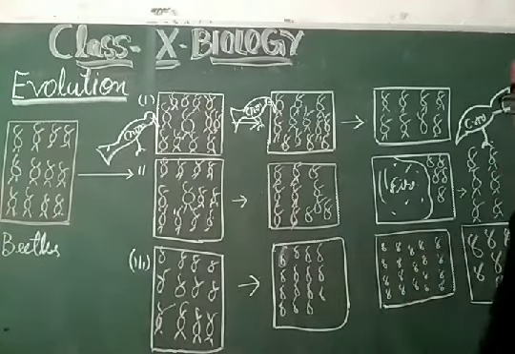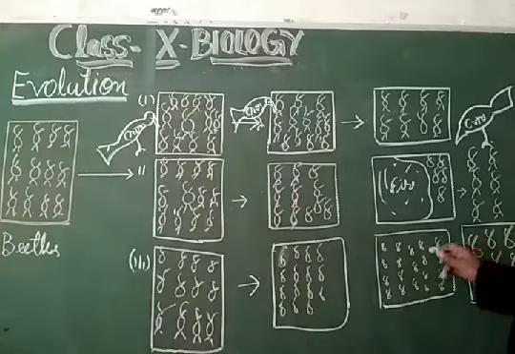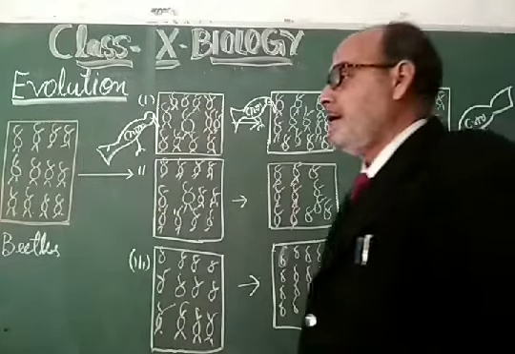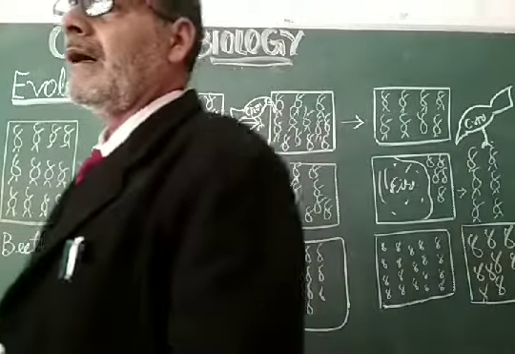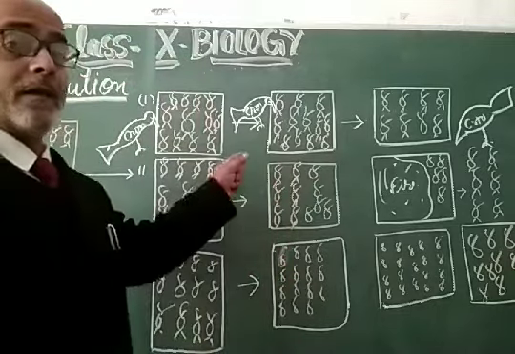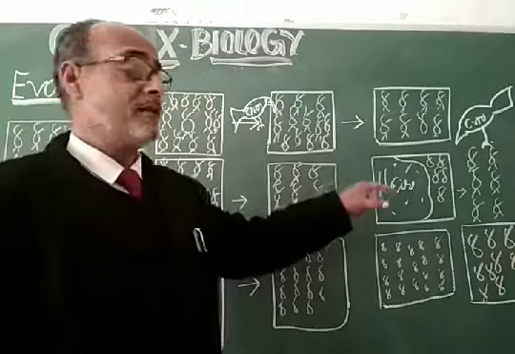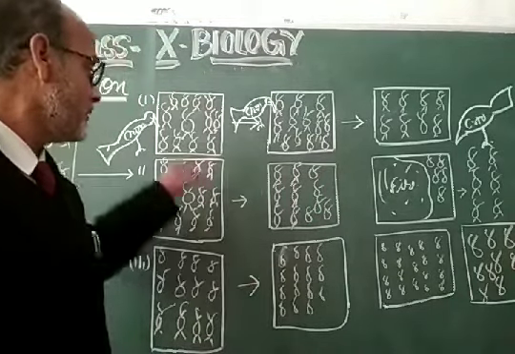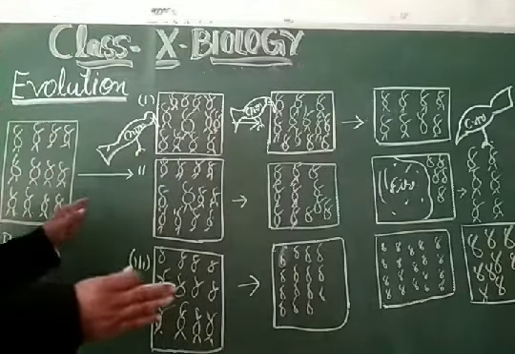But when the food will be available in a sufficient amount, then they will be able to increase their size, and they will be able to survive in a better way. So this is the best example of the evolutionary trend of the gene frequency of an allele, the alteration of an allele as compared to other alleles, which is indicating the gene frequency. That you can understand by giving this example. So this is the example of evolution.